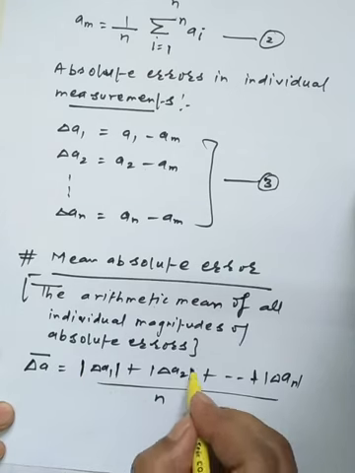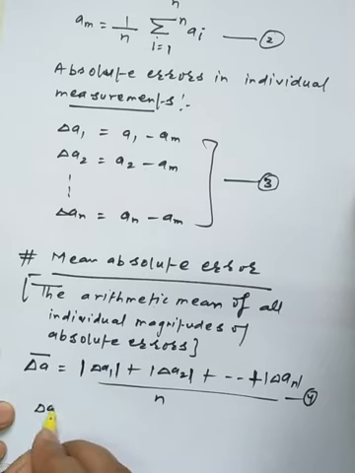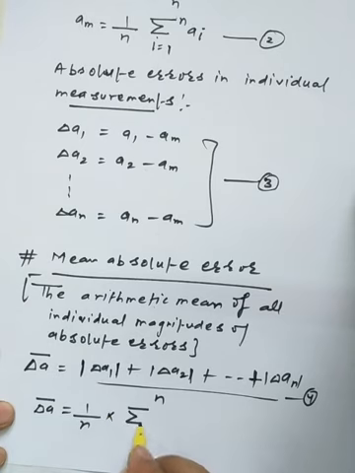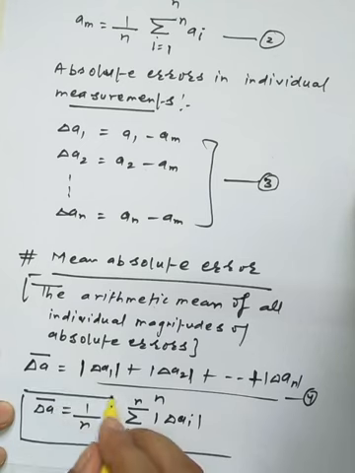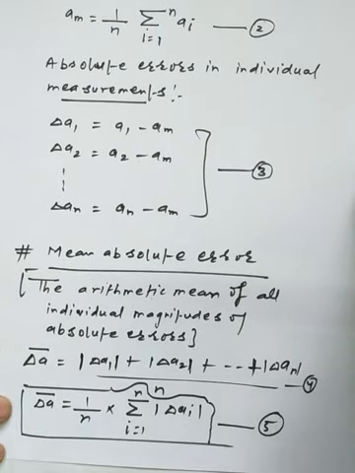So either we are just getting the negative value, so we will add this absolute error. So this is the general equation of the mean absolute error. Now we can change this equation into a simpler form. Delta A bar is equal to 1 upon n multiplied by the summation i equals 1 to n of delta a_i. Okay, so this is the simplest general formula we have converted, because we are not habitual to write longer terms, so we are representing the simplest formula. Okay, so this is the concept of the mean absolute error.